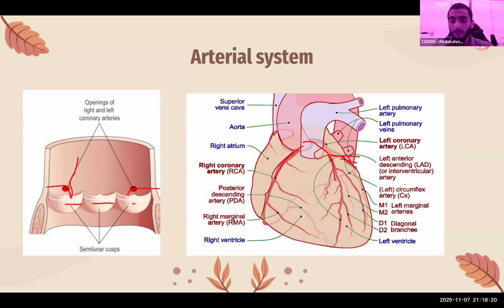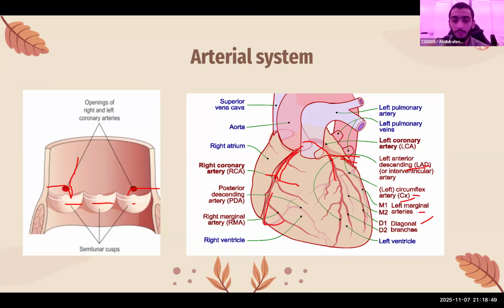And now, the main important thing you need to know is that the left coronary gives off the left anterior descending and the left circumflex. Now, sometimes they might ask you about diagonal branches or marginal branches. Just remember that the left anterior descending gives off the diagonal branches, while the left circumflex gives off the marginal branches. And on the right side, we have the right coronary artery supplying the SA node, supplying the AV node,